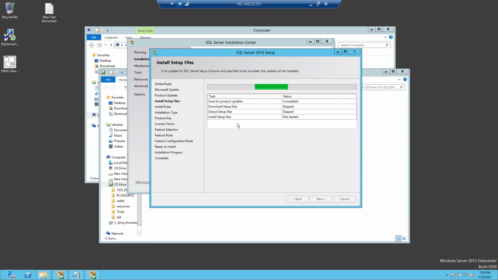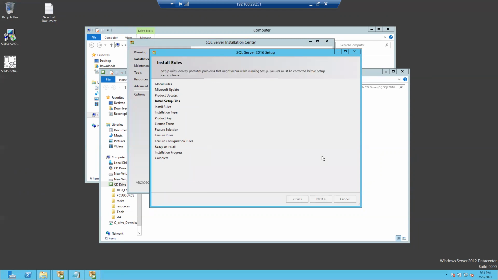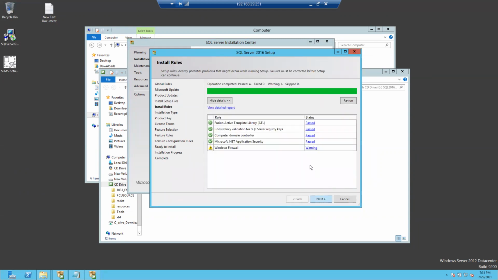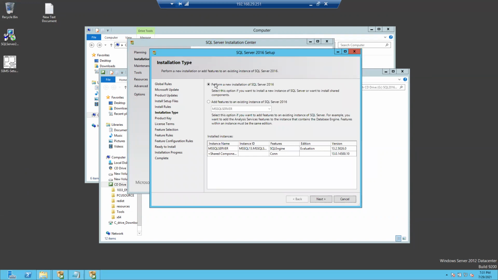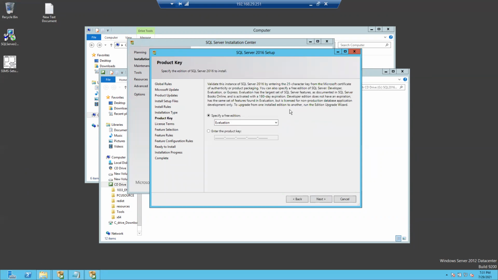It will be scanning everything, downloading the setup file, extracting the setup file. I already did it, right? So we'll go with the new installation.